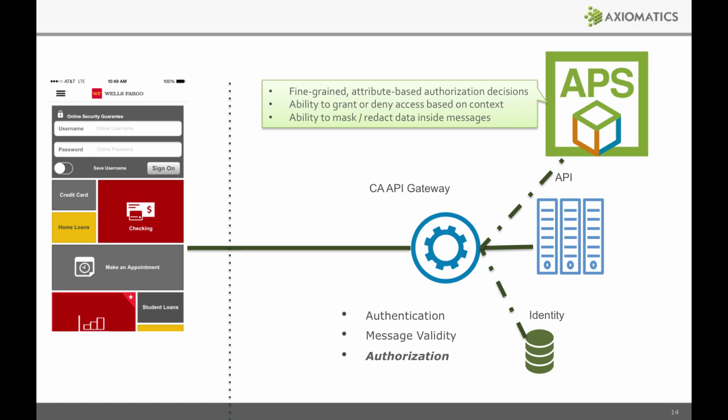I had a great use case out in Illinois a few years back of an insurance company that wanted to exchange insurance records that were expressed as XML documents. Now, the CA API gateway is great at processing XML, so it could take decisions from the Axiomatics policy server, and whether it was a permit or a deny, it could decide to redact XML elements within that insurance document, and then eventually pass on the redacted document to the requester, to the client.